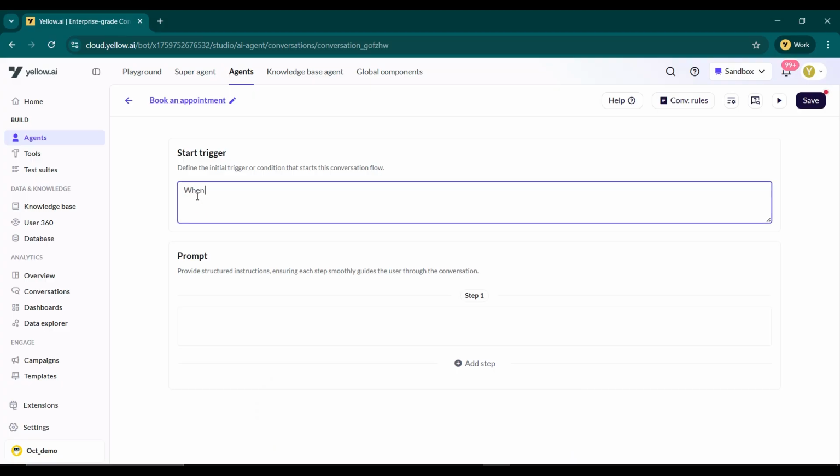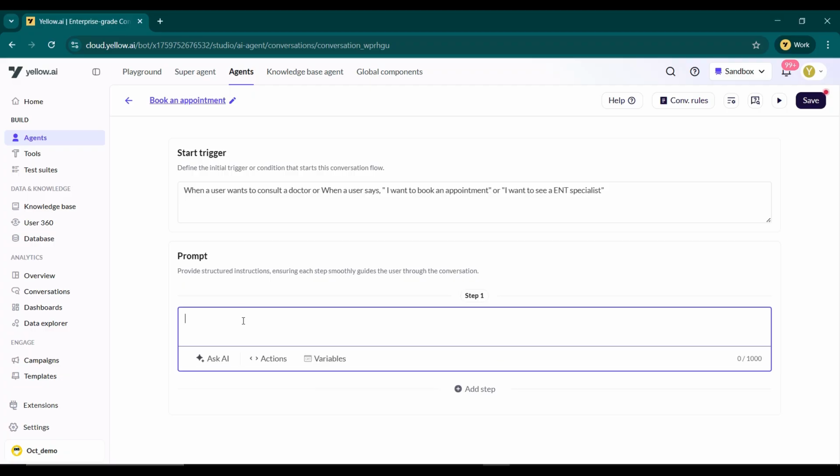Add a start trigger. Start trigger defines the customer's intent that would trigger this agent. In this case, when a user wants to book an appointment with a doctor, it is recommended to add more variations for better prediction. Next, we need to add prompts instructing the agent on how to interact with the user,